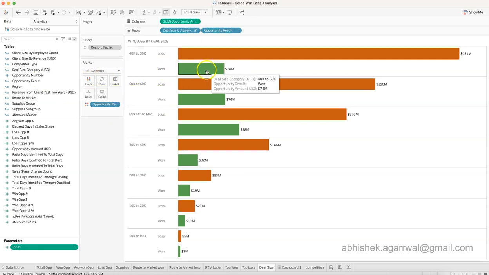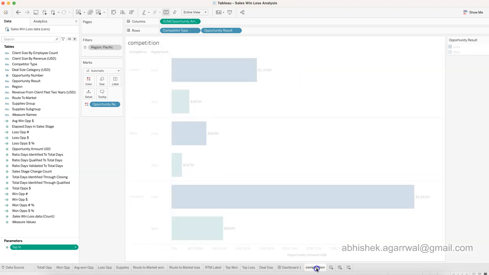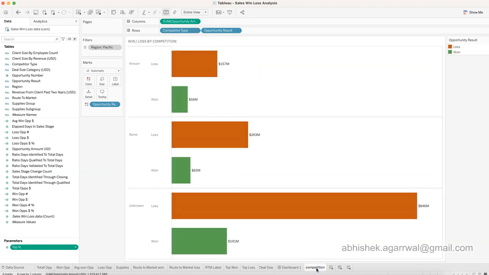So won has green color, opportunity result has two values, won and loss. So won has got this color, loss has got this color, and we are pretty much done. I think that's about it. And even in the competition, this is a competition one where we have the field competitor type, right, and